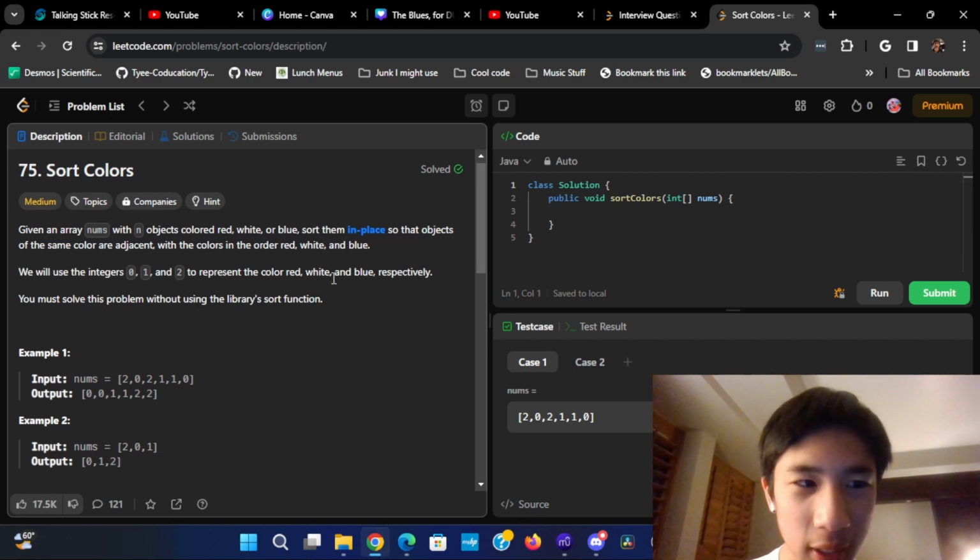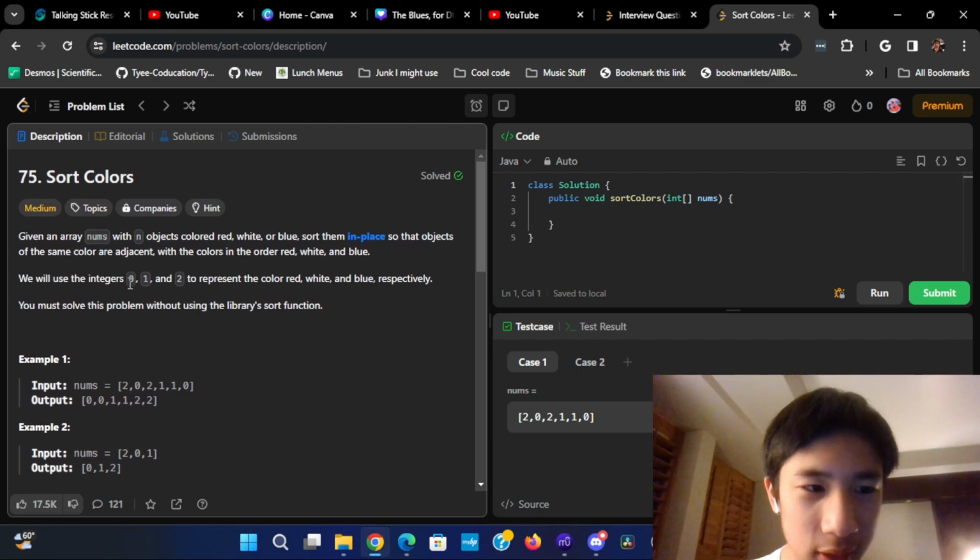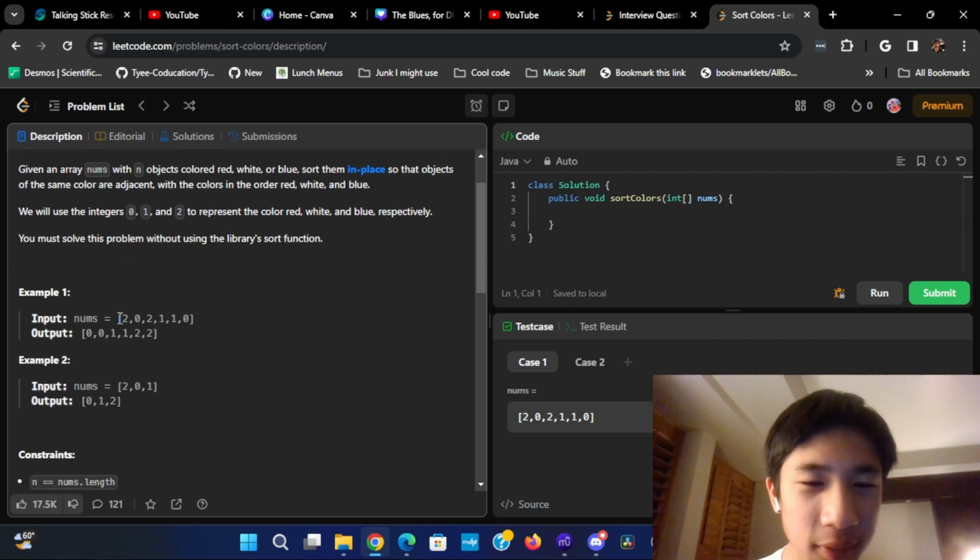So the problem simply is you have three types of colors that are represented with 0, 1, and 2. You have an array, and you have to sort it in place without using your native sort function. So I did this in Java as practice, and